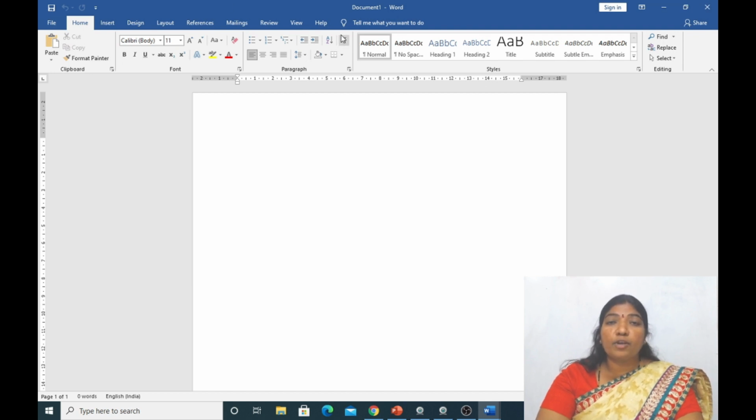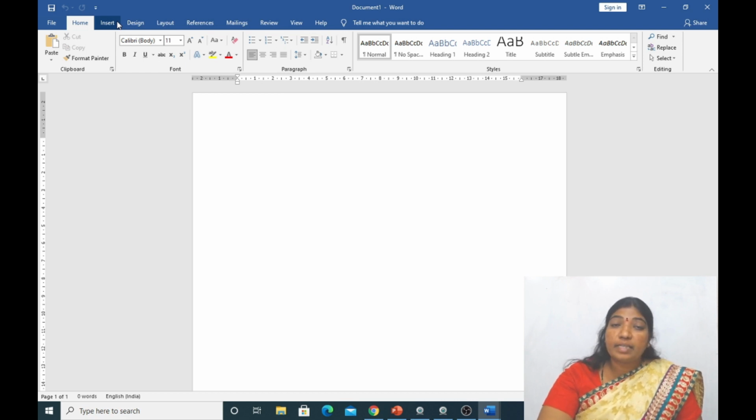The next one is the menu bar. A menu bar consists of file, edit, view, insert, format, styles, table, form, tools, windows, and then help. These are certain menus present in the menu bar. Apart from that, there is one more bar called the standard toolbar. The contents of those menu tabs will be present in the standard toolbar.